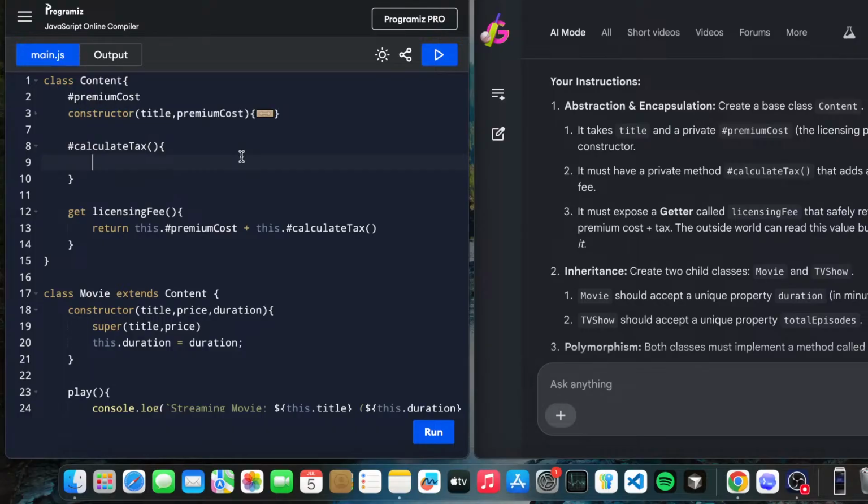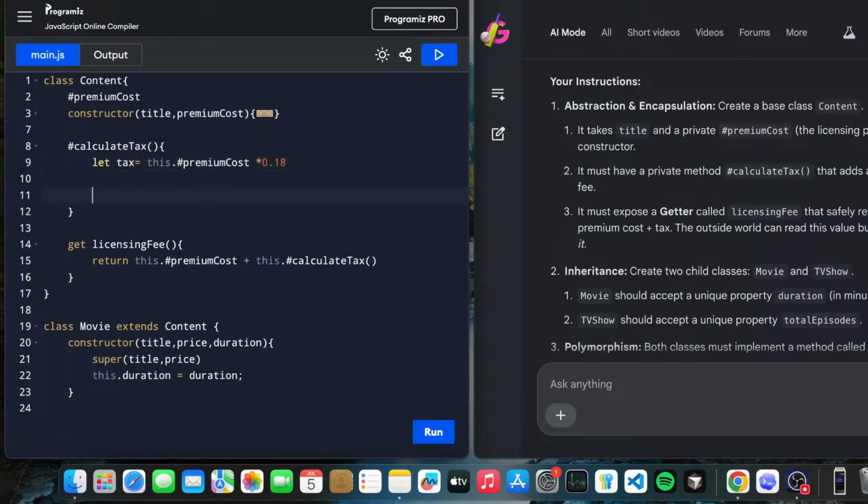Let's calculate tax. What we are getting is the premium cost, this dot hashtag premium cost. Let tax equal premium cost multiplied by 0.18, that is 18% GST.